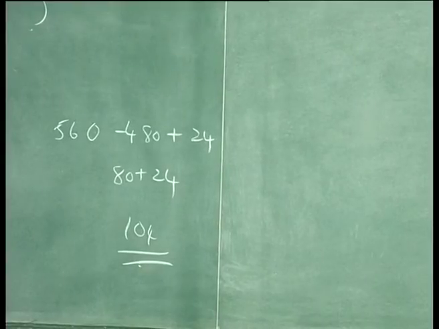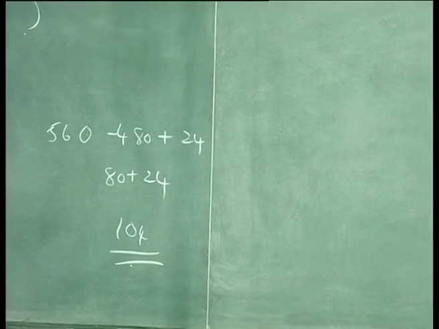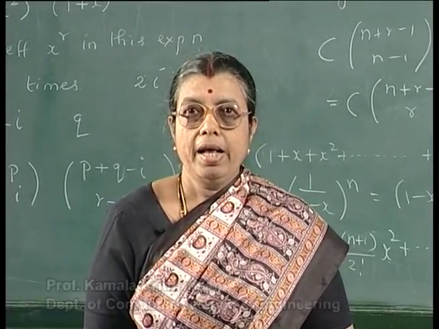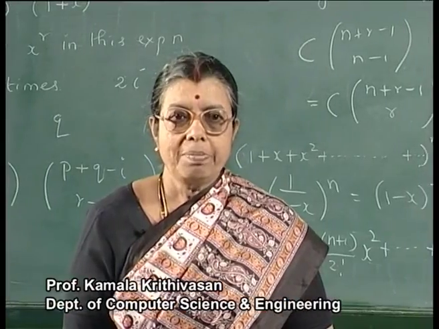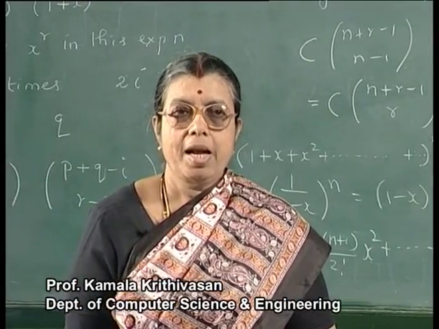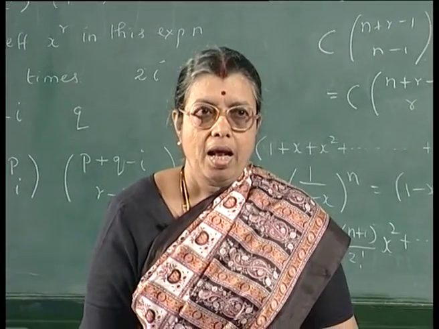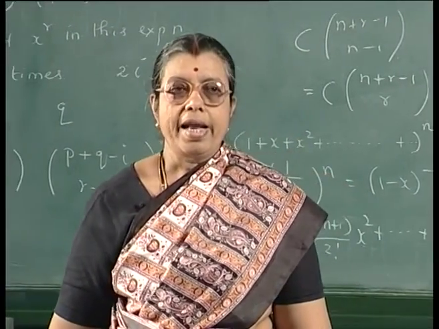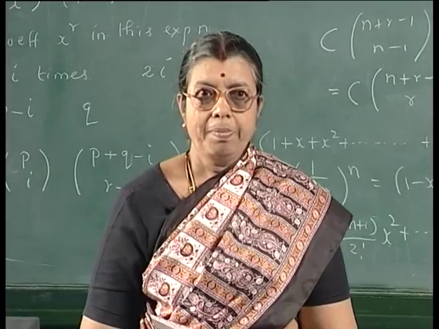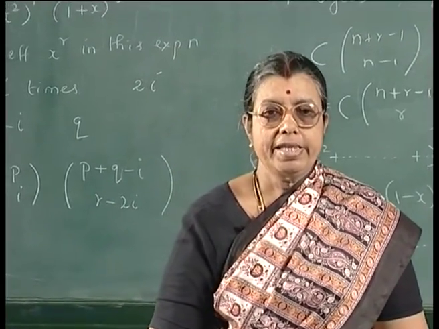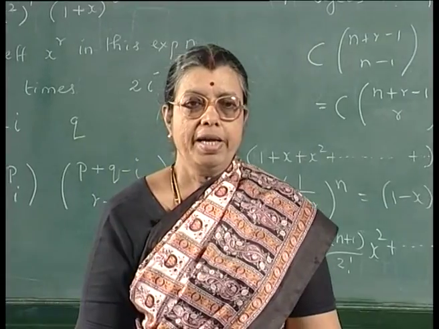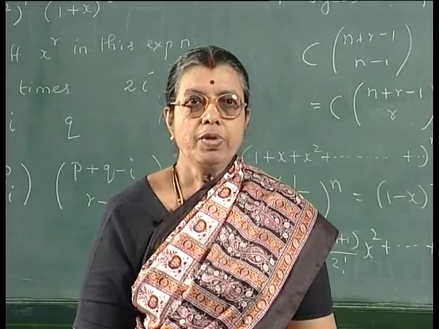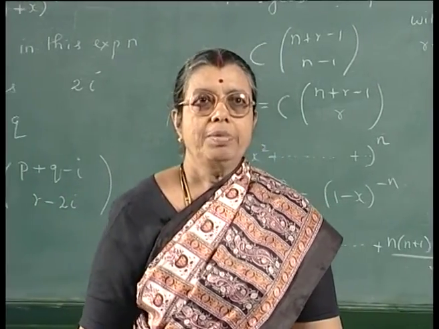So, we have considered some examples here, and we have seen how the concept of a generating function, an ordinary enumerator, can be used to solve some problems in combinations, the number of ways of selecting. But when we consider the number of ways of permutations or arrangement, there is a slight problem. The very big advantage in using an ordinary enumerator is that the binomial coefficients C n r give you the number of ways of selecting r objects out of n objects.